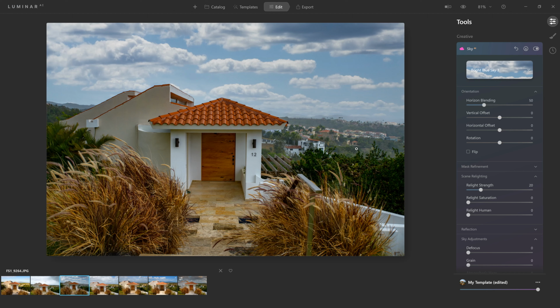Let's come here to bright blue sky. Let's just choose one of these. And now this one's a little more difficult because we don't have the dramatic sun on either side of the frame. It might be a little harder to understand why this one doesn't work. But if I look closely, the sun is directly above these clouds. It's casting a nice highlight on the top of the clouds and then a shadow on the bottom of the